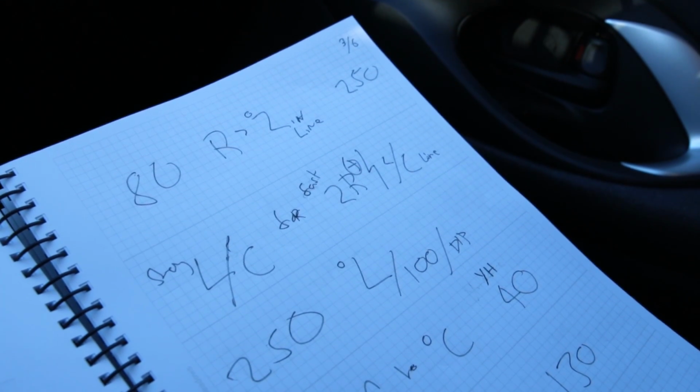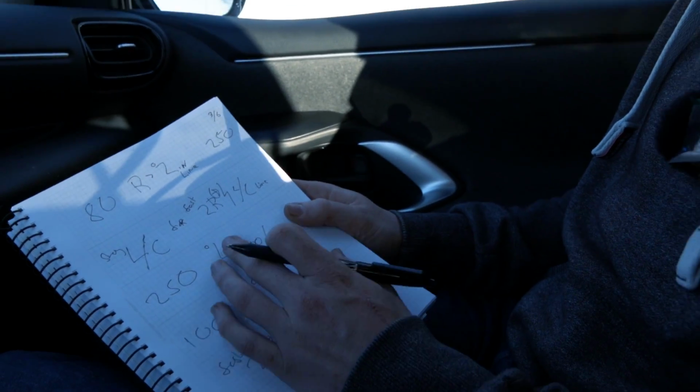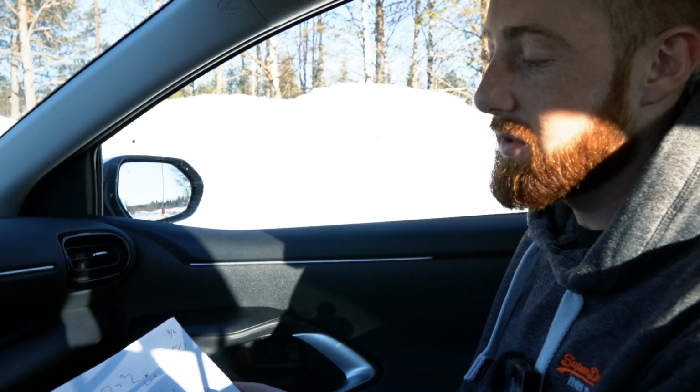One of the tools that we have to achieve this is our pace notes, and we'll do a recce of all the stages before we do a rally, which gives us the opportunity to help describe the road to get the fastest time possible on each stage. This is an example of one of the stages that we've been and recced this morning. I use lots of different numbers and annotations in shorthand to be able to read them and help describe the